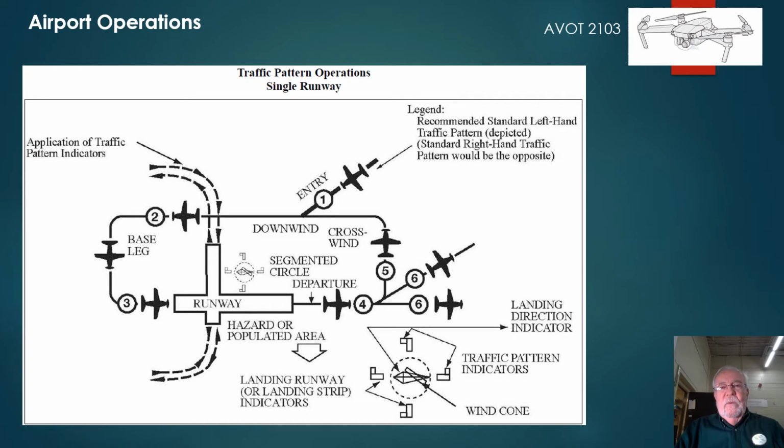All right, continuing on with our review course for the Small Unmanned Aircraft Systems Rating, Part 107 rating, we're going to talk about airport operations this afternoon. Remember that on the test guide, the FAA's official test guide, it says that this portion of the test is